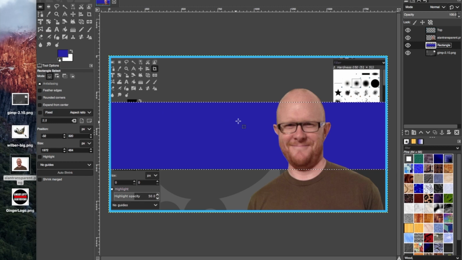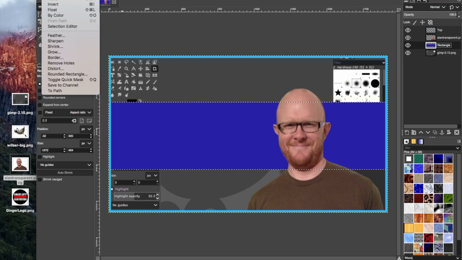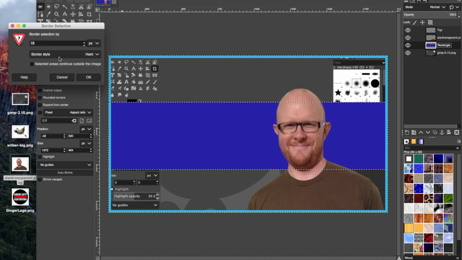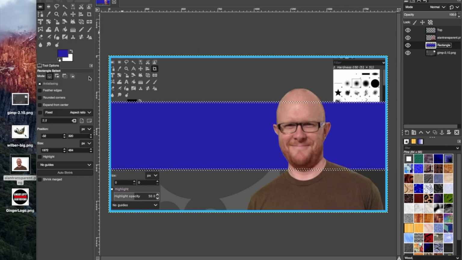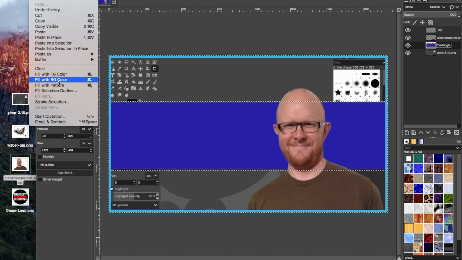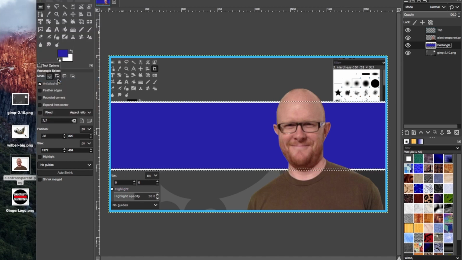And what I want to do is put another border on this, so we'll go select border, and I'll put a border of 5 on it, and I'm going to give it a hard border again. Select OK. You can see that that's just selected that. Now my background is white, so I'll fill with background color, and that's just going to give a nice white